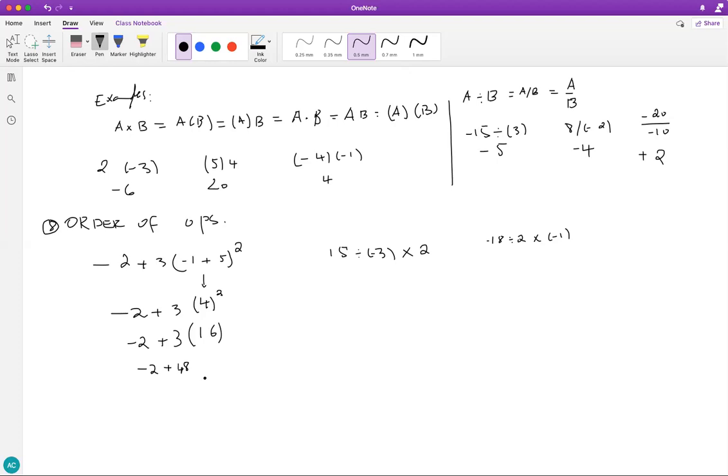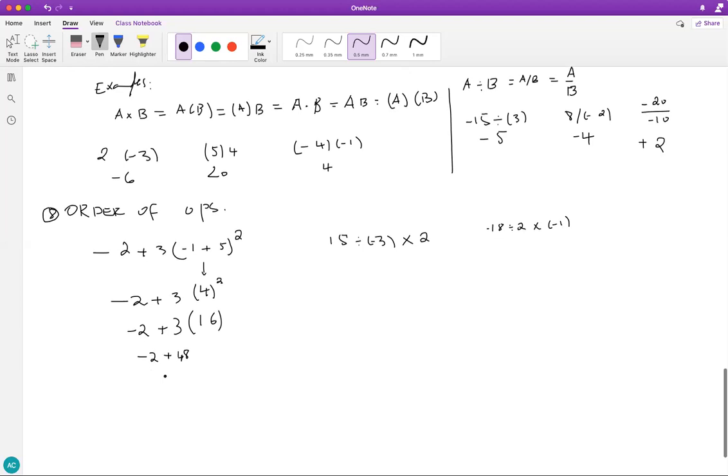What else? -2 plus 48 will be 46. So the sign of the higher number is positive. Different signs, we do the difference. The difference of the two is 46. This one here,